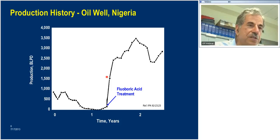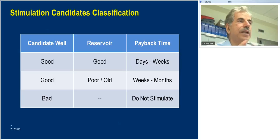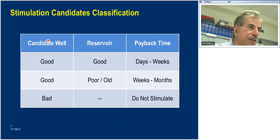So the reason I'm showing you these examples is to try to classify a little bit the candidates. So you look at these criteria, right? You look at the candidate well. If it's good, meaning if you determine that it will benefit from a stimulation treatment. How do you determine that it will benefit from stimulation treatment? By doing nodal analysis, typically, well performance of the well. And if you don't have all the data needed, you may need to have a well test to know what the KH over mu, the permeability thickness over viscosity of the reservoir is, and the pressure, and so